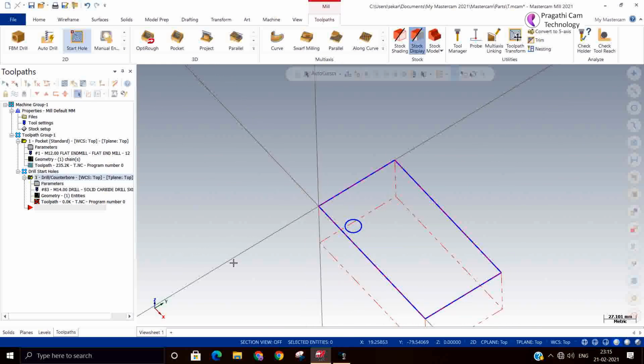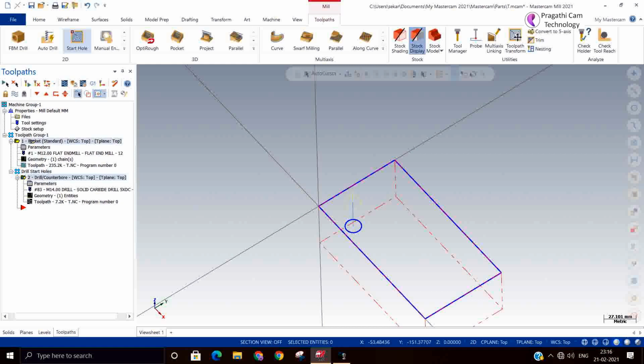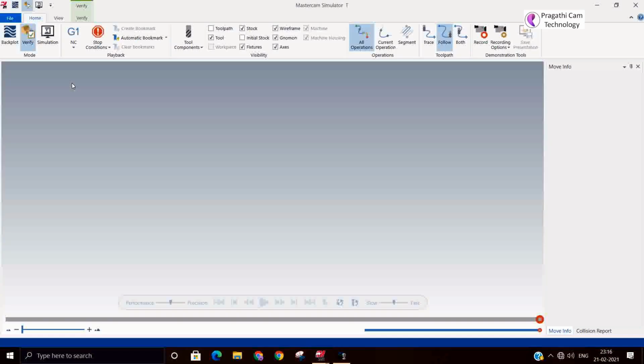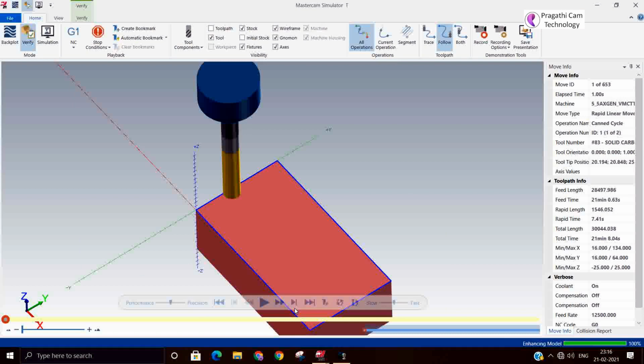So this is your start hole position. If you regenerate, it will make the drilling also. Actually this should be above your pocket roughing now. So now you can see how it is going to work. First it will do the drilling. After this, the pocketing will start. We will run step by step. See, drilling is over.